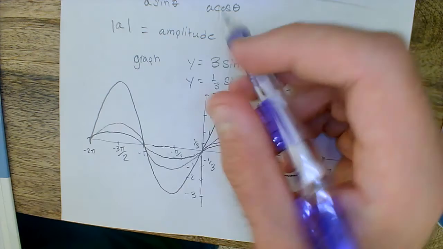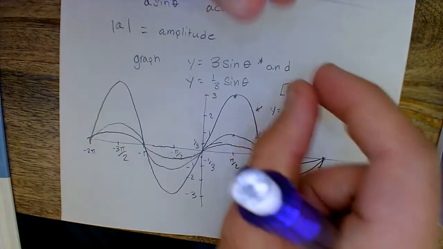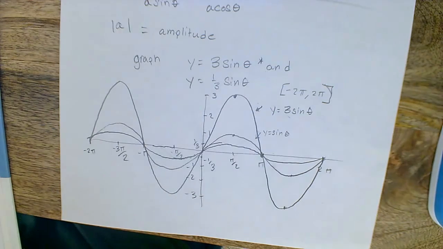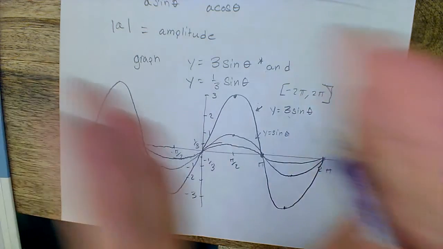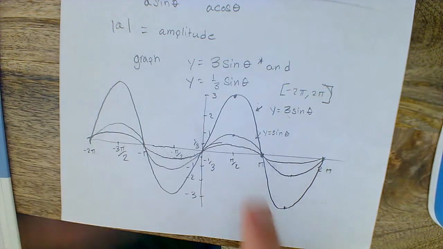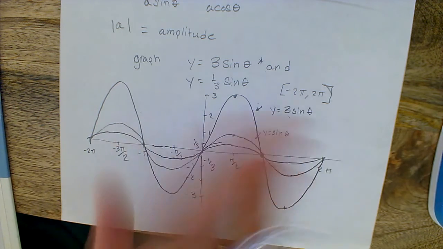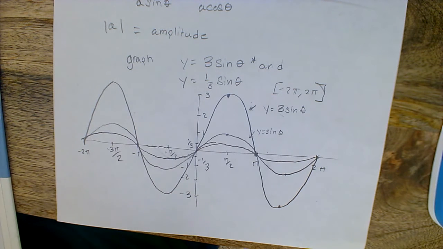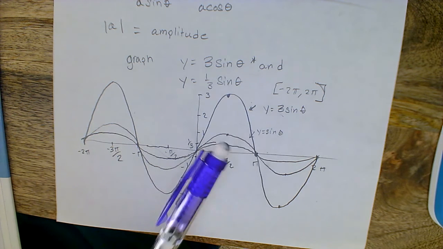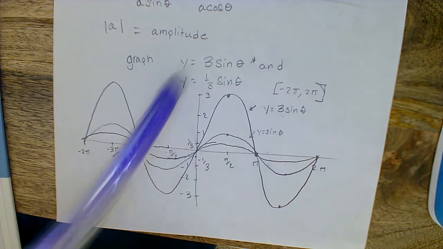So basically what this number does is it stretches your graph in the y direction, or it can shrink it. But it doesn't move it to the left or right. It doesn't move it up or down, and it doesn't affect the zeros at all, and it doesn't make it skinnier or wider. We will eventually see how to do those things though. But for now we're just talking